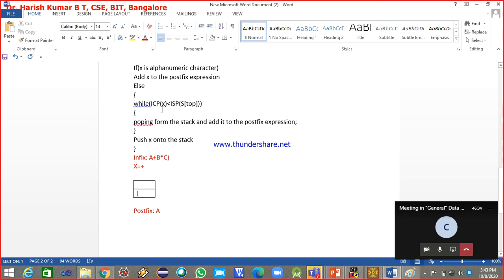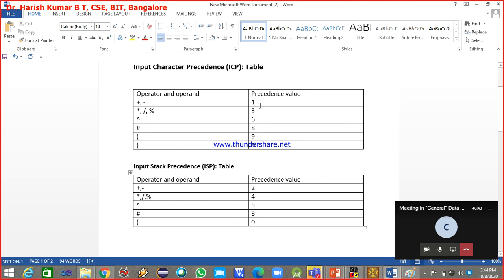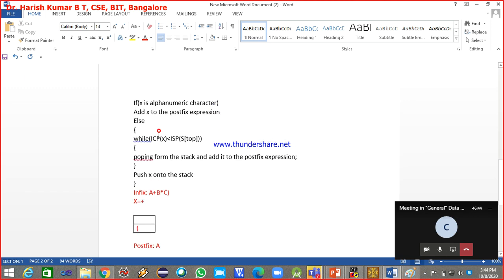Now let me find ICP of plus. What is the input character precedence of plus? It is 1. So the value of this is 1, less than ISP of opening parenthesis.